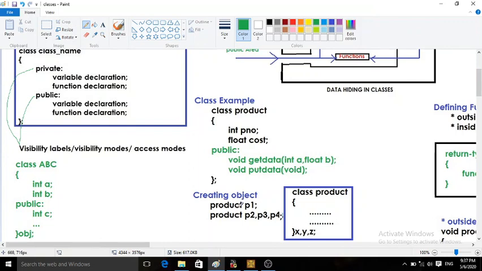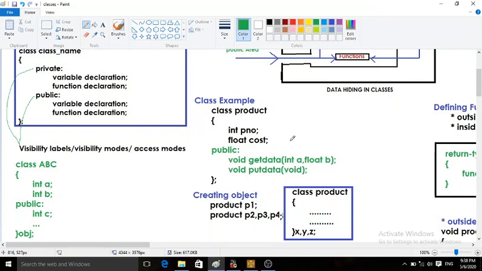When we create object, at the same time memory will get allocated to that object, and to allocate memory, the declaration of the class, this template, is used. Remember, when we declare class, at the time of class declaration, it will not allocate any memory.